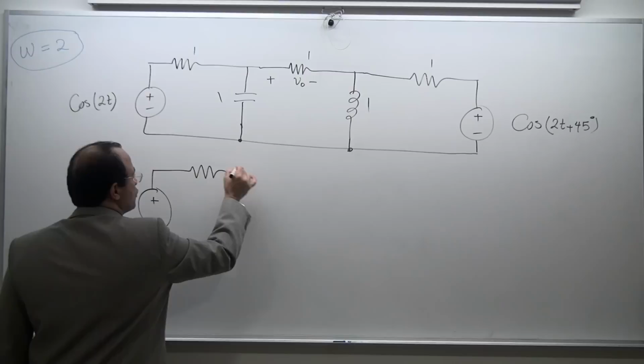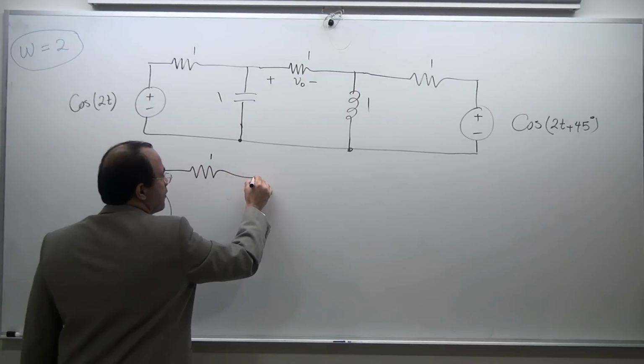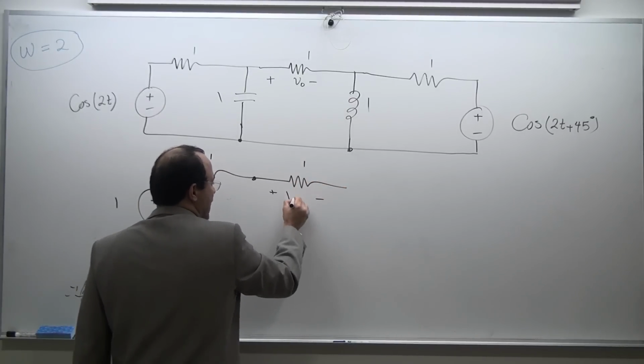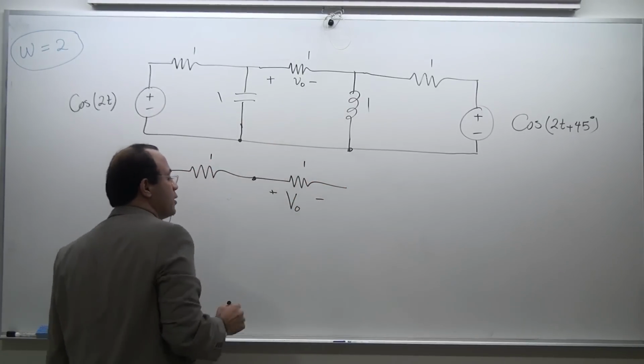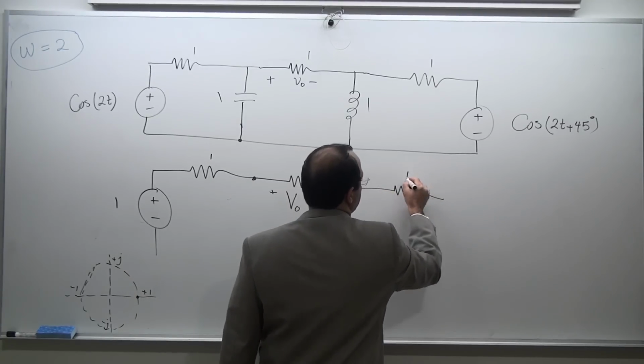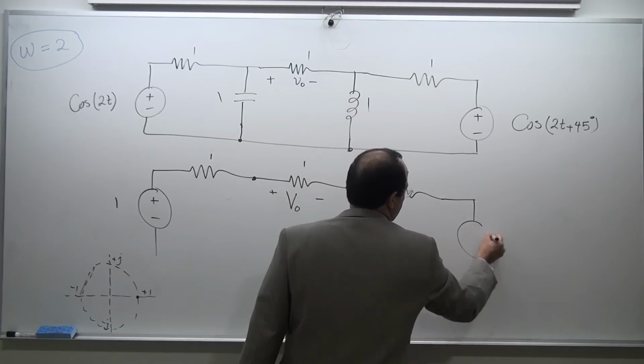The resistor is going to be the same. So this resistor is going to be the same. The voltage is going to be capital VO now. That was a small vo, this is capital VO. This resistor is going to be the same. This voltage source